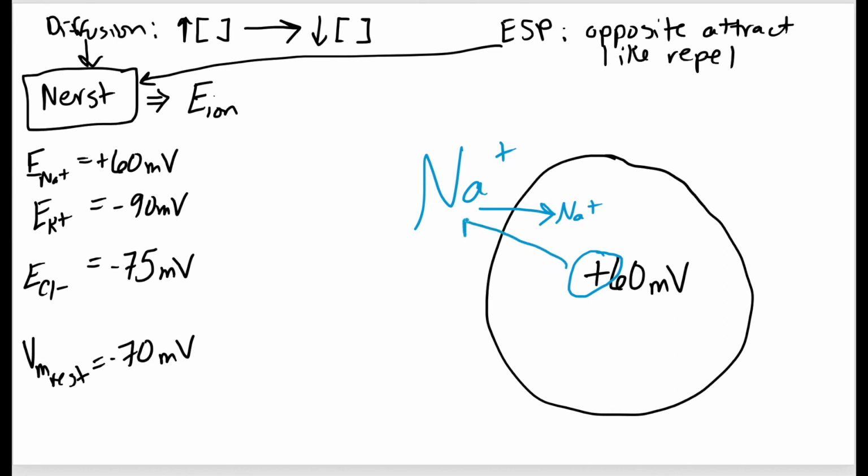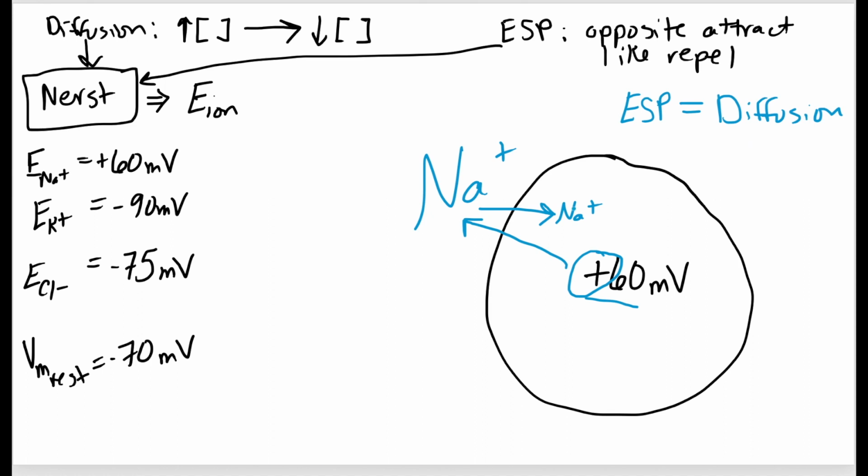And based on just electrostatic pressure, sodium would want to move out of the cell. Now I've set this to 60 millivolts because that is the equilibrium potential for sodium. What that means is that at the equilibrium potential for sodium, which is also called the reversal potential, at this potential, the force of electrostatic pressure on sodium is equal and opposite to the force of diffusion